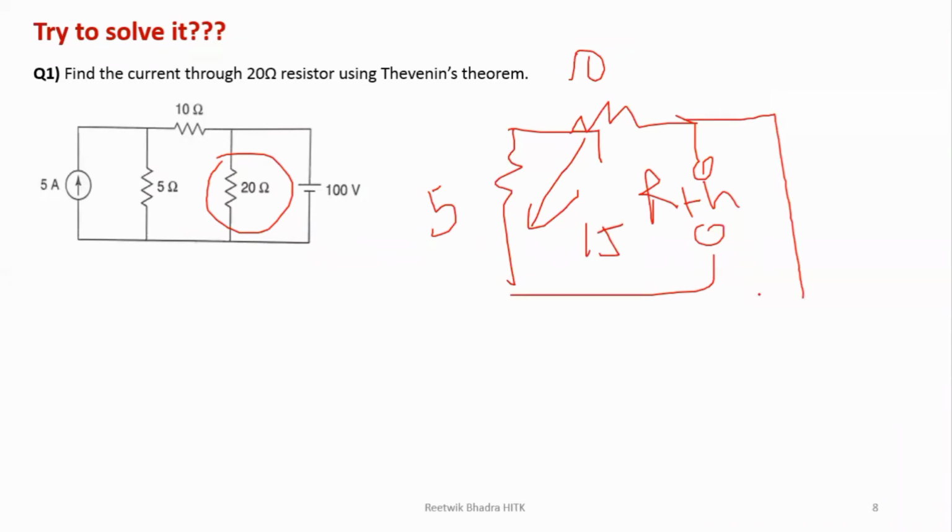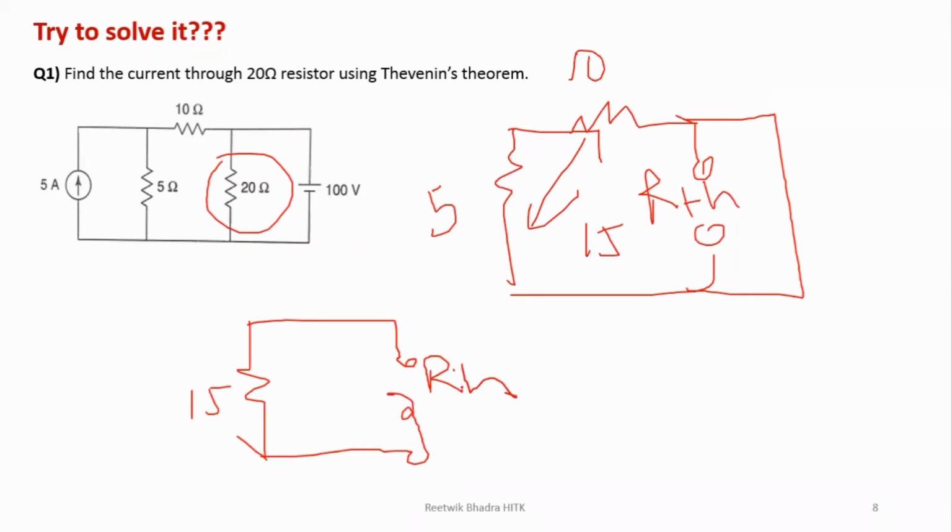This voltage is short. This path is short over here. Now you see this 10 and 5 comes in series, so 15, right? So this is my RTH over here. So instead of drawing this line over here, short over here, can I draw this short line over here? Same, right? It is connected between these 2 points only. What is short resistance? 0. So 0 resistance and 15 ohm comes in parallel. So RTH becomes 0. So please be careful.